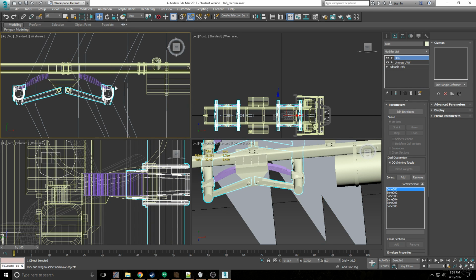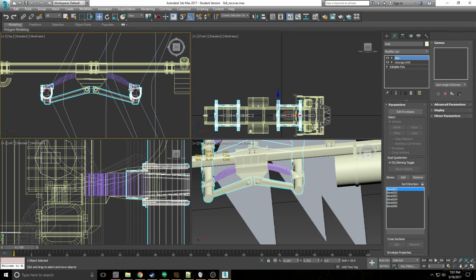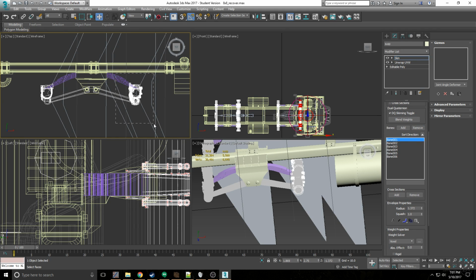The way I have this set up is my springs and then this, and the reason is because I have a whole pile of different sections along the spring, so it needs to be animated smoothly, whereas this I don't. I've only got this moves with the wheel and this doesn't. So this is really easy to do by vertex, and all you do is add the skin, add your bones that you created, select it, and you scroll down, select the vertices of one that'll move with your wheel bone, this one here. So with this bone here,